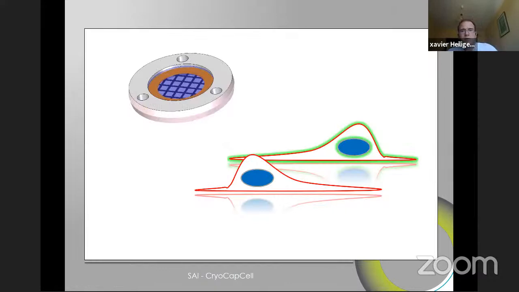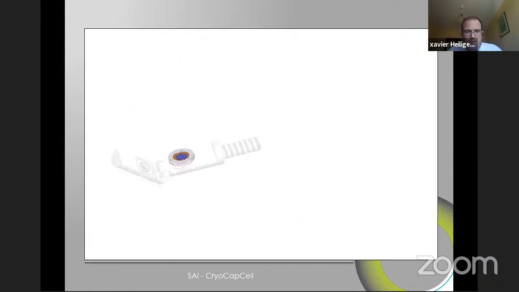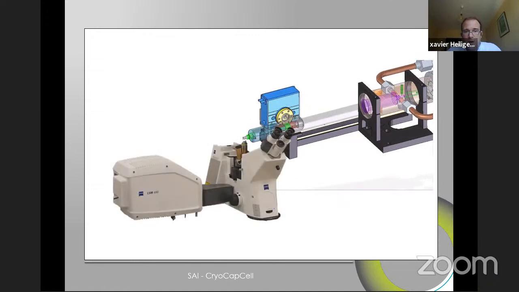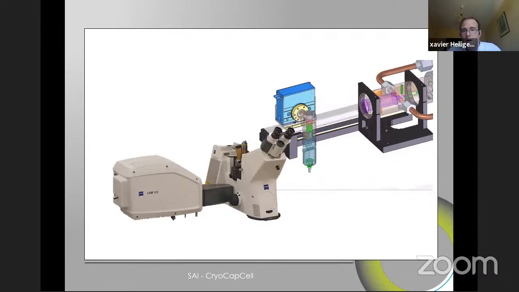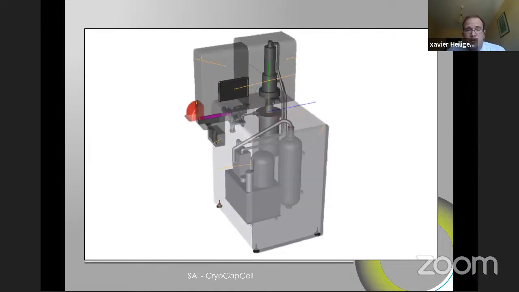So just to give an overview of the system, basically we have a heterogeneous population of cells which are expressing or not a mutation, that's up to you. We load them into the Cryo Capsule, which is a small petri dish, a very advanced small petri dish, handled by this clamp standing right above a light microscope. And we'll come back to that point. So you just do live imaging, and at a given time, you retract the sample, freeze, and then drop it down into liquid nitrogen.